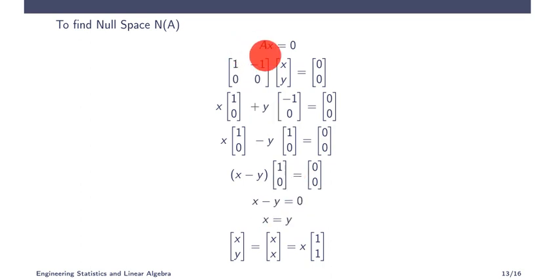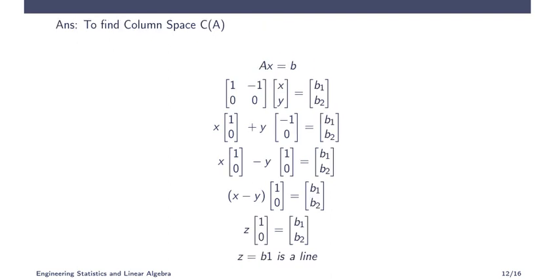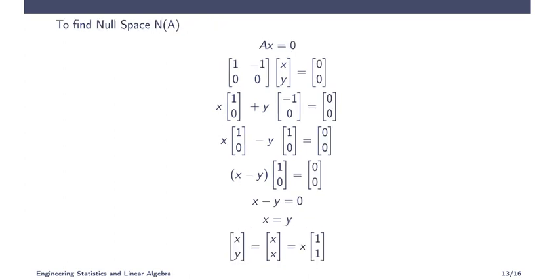So what we want here, we don't want the b part, here we want the x part. In the previous problem we wanted the b part, and b part was z times [1 0] or linear combinations of [1 0]. Here we want the x part. To get the x part, x is equal to y, so y is given as x, so instead of y I can write x. If I take x outside, [1 1]. So null space is actually a linear combination of [1 1].